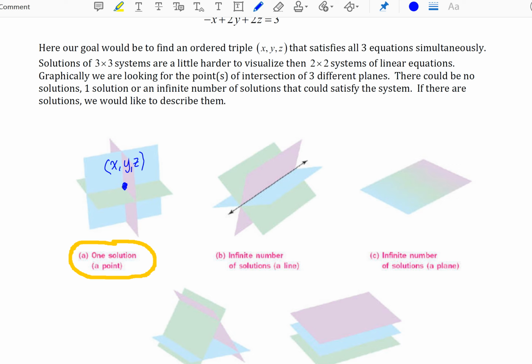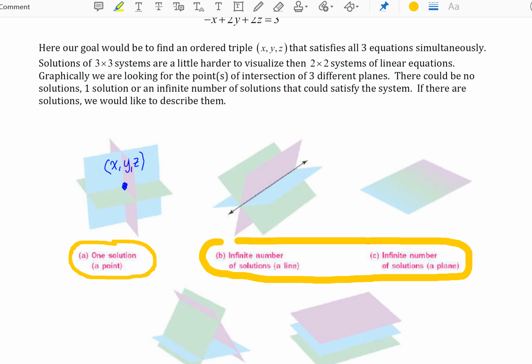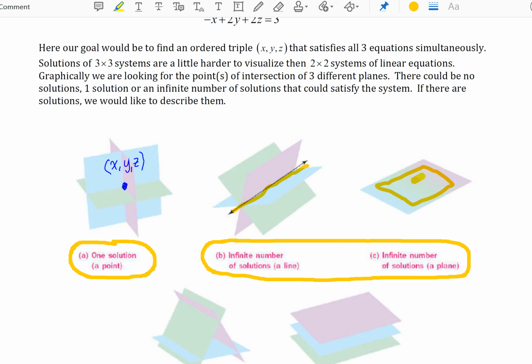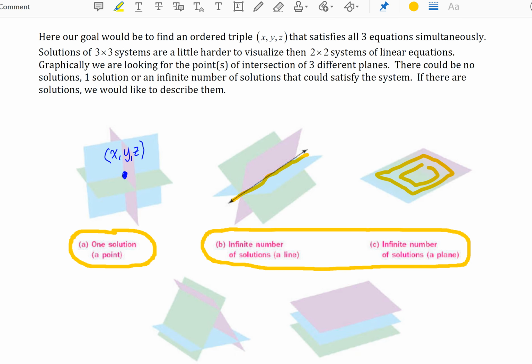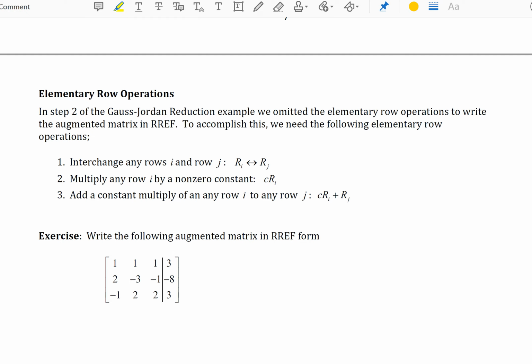In today's video, I would like to explore another scenario when we might expect to see an infinite number of solutions to our system of equations. This could happen if our three planes intersect along a single line, or if our three planes actually coincide with each other. All three planes kind of live in the same space. To get started with this idea, let's scroll forward in our lecture notes